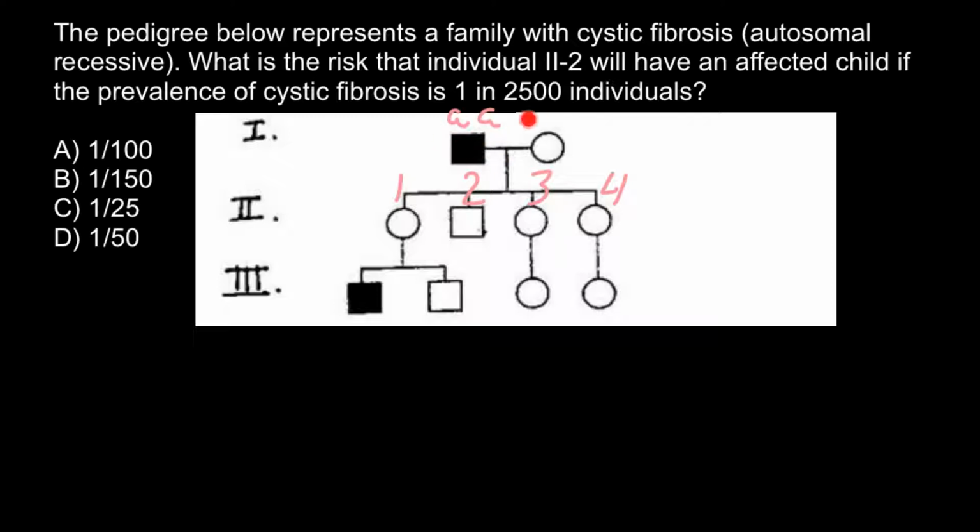As for his wife, her phenotype is normal, so we can say that her genotype would be capital A and capital A. You may also say that there is a slight probability that she can be heterozygous, for example capital A and small a, and actually this probability doesn't affect our calculations. For example, if this female is homozygous dominant, capital A, and her husband is small a,